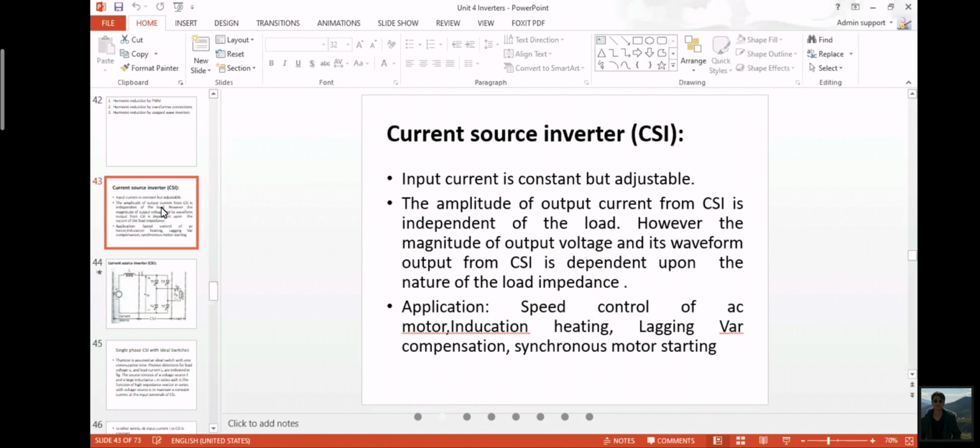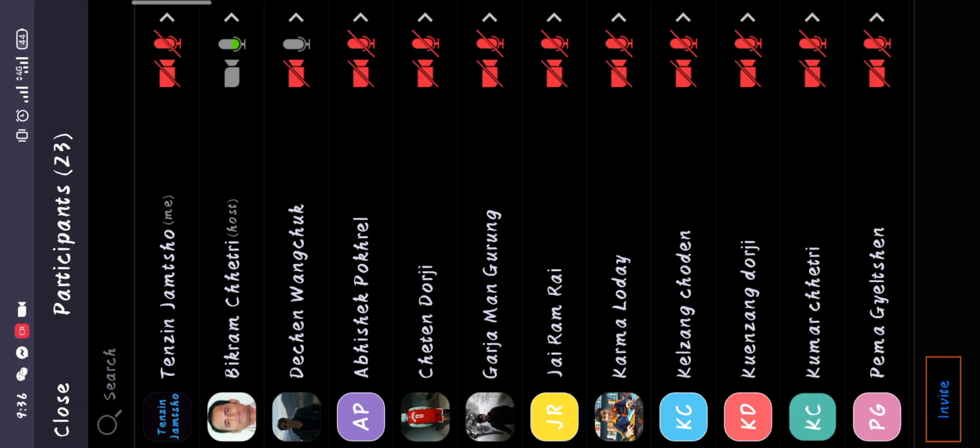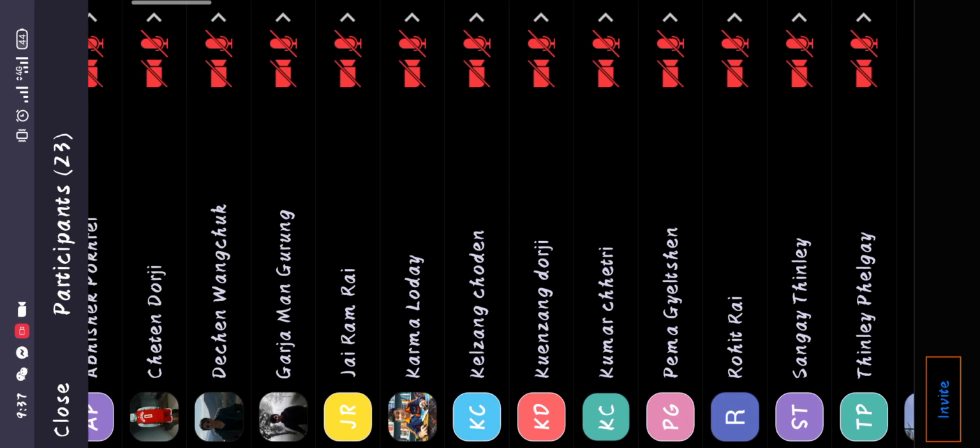Current is constant but adjustable. The amplitude of output current from the CSI is independent of the load. However, the magnitude of output voltage and its waveform output from